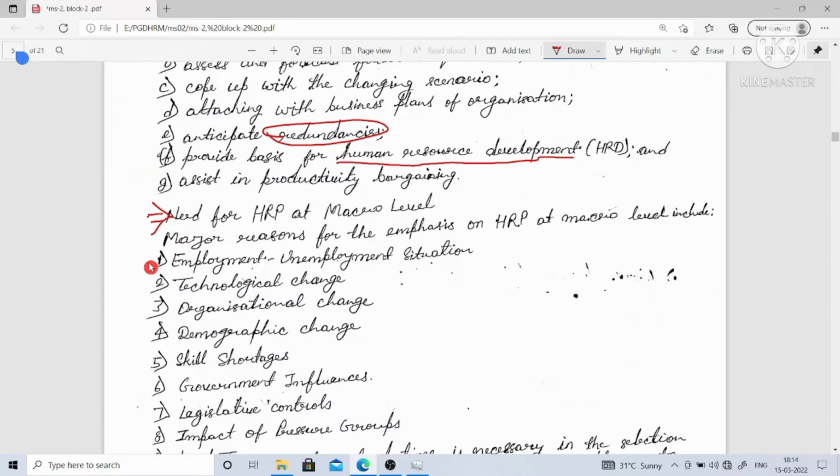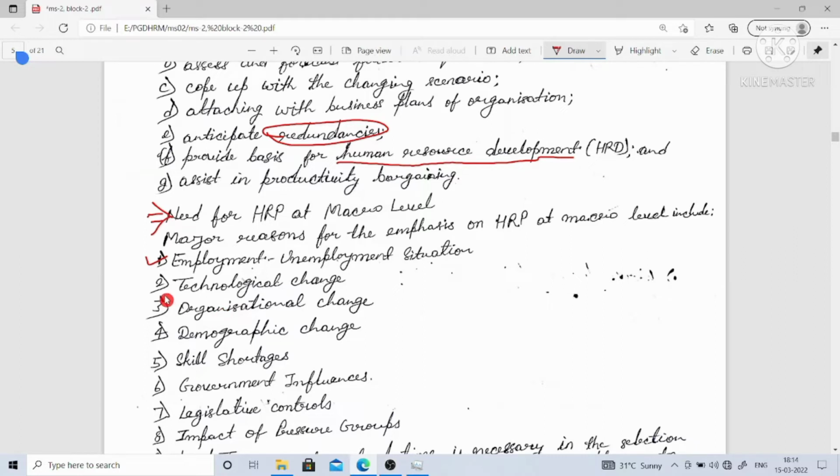So employment and the employment situation varies, meaning sometimes there is an increase in employment, sometimes a decrease. Due to that, human resource planning is very important. It is about forecasting and planning how many people should work at any particular moment of time in the organization, so that the productivity, or you can say the efficiency and effectiveness, of the organization can be